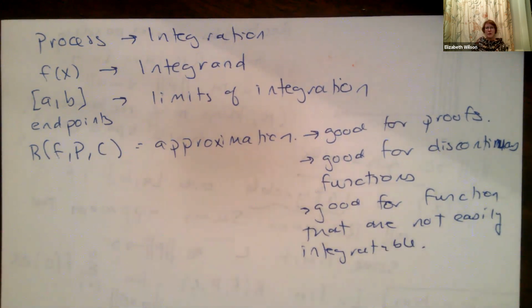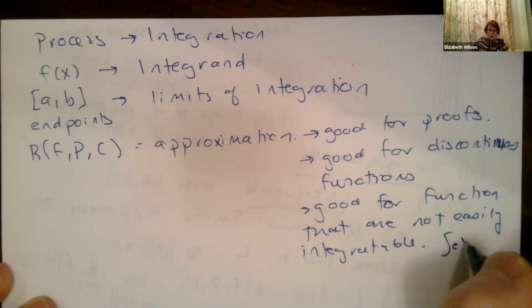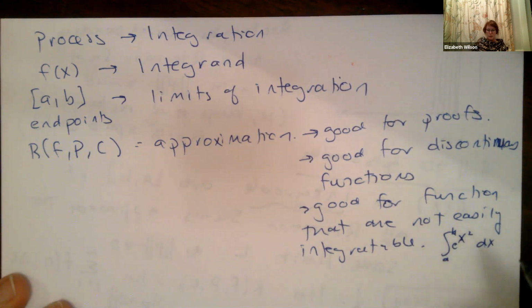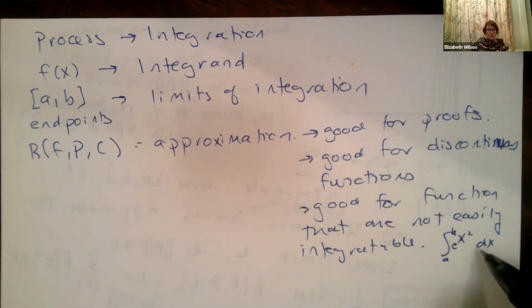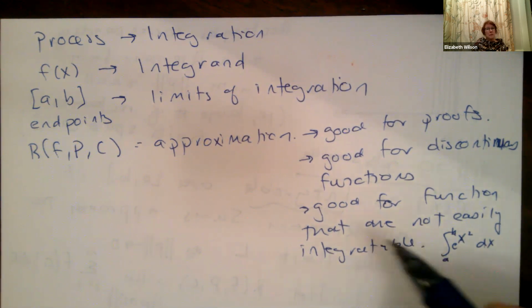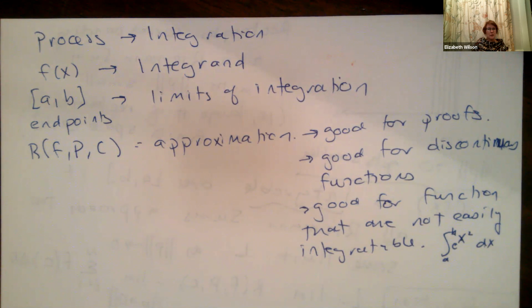I should be able to take the integral of e to the x squared from a to b, right? But all of the tools that I have so far, I can't take the integral of that. I don't have derivatives inside. I can't use substitution or integration by parts or anything like that. I can't do power rule. So a Riemann sum is going to give me a really good approximation of what that integral is, especially if I do a lot of